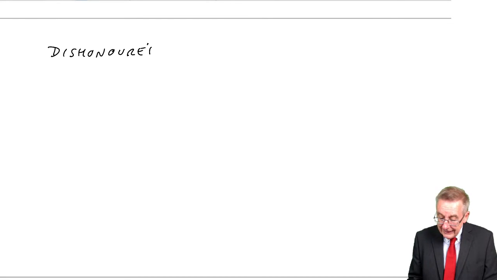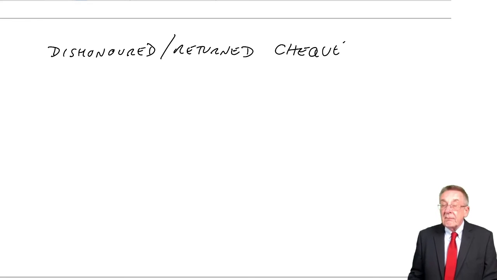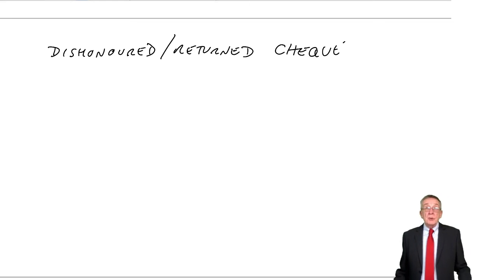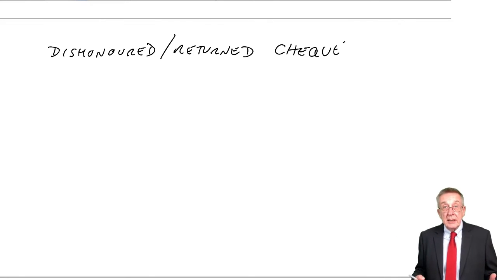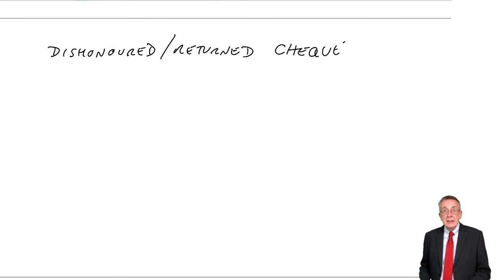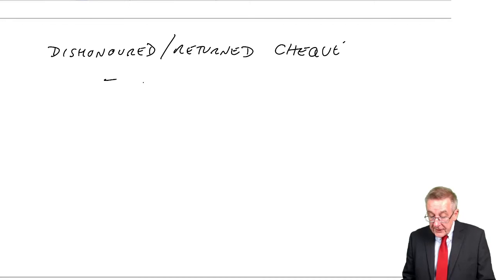Dishonoured or returned cheque. Now, in fact, in exams, we assume that the companies we're dealing with never do this. They only write cheques when they have got money. So for the exam, this is always a cheque we have received